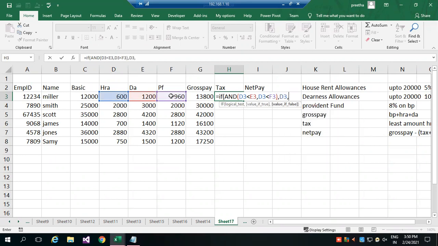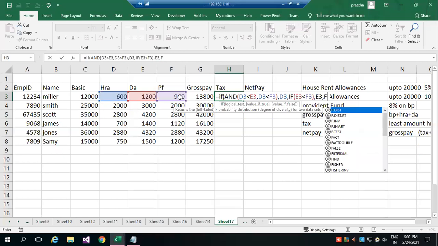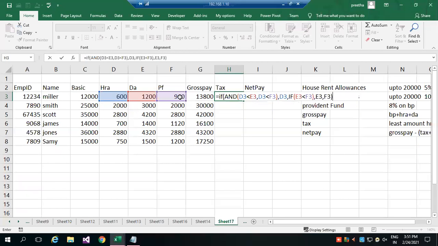Else, if DA is less than PF, then DA is the least value. Else, PF is the least one.